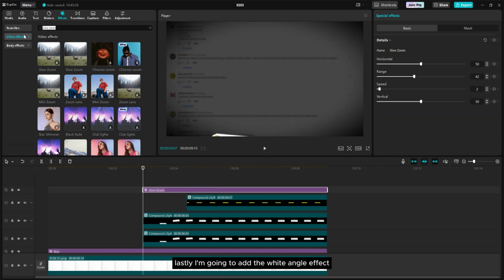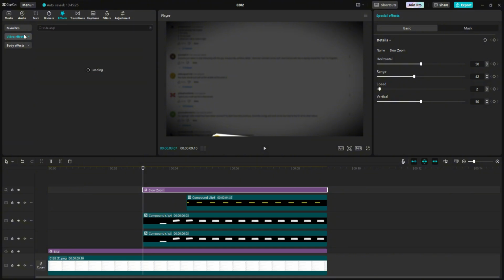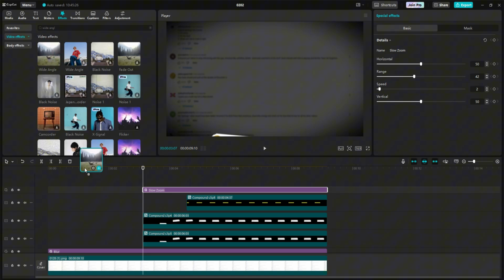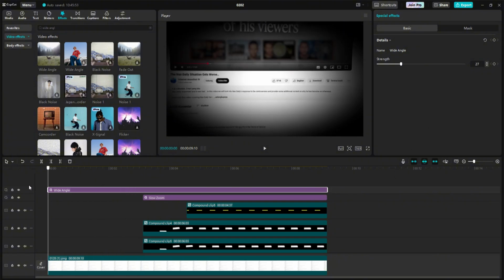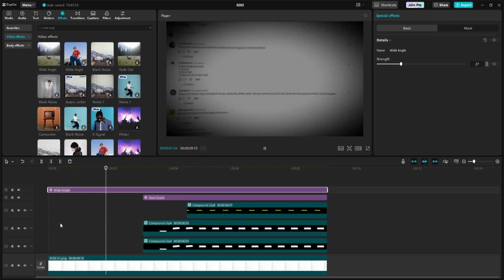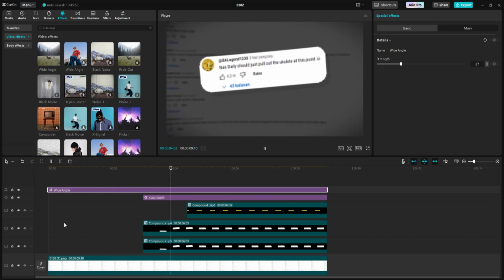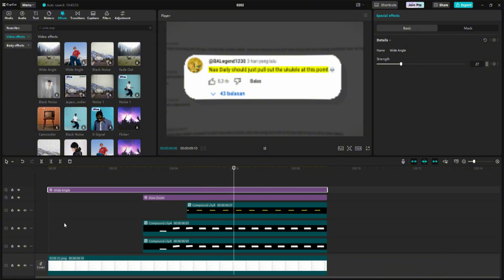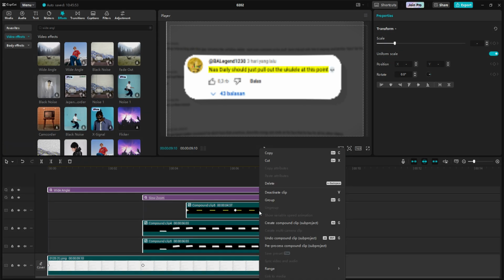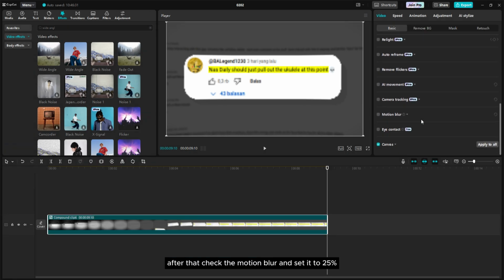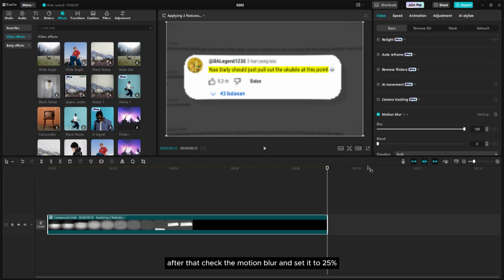Lastly, I'm gonna add the wide angle effect, and then set it for the entire duration, and I'm gonna set the strength to 27%. Now select all the layers and compound them. After that, check the motion blur and set it to 25%.